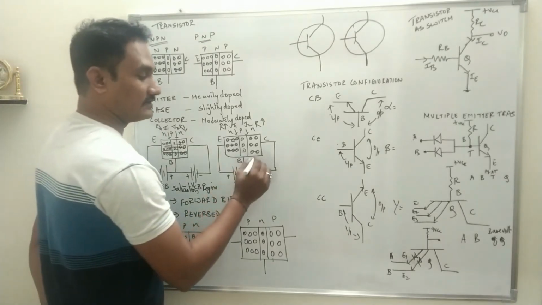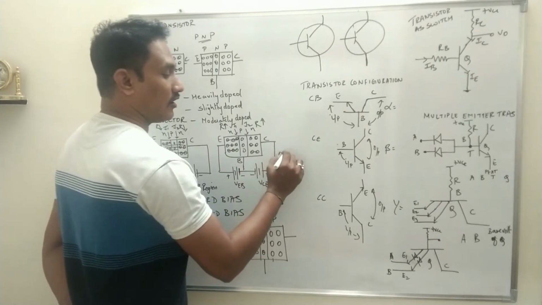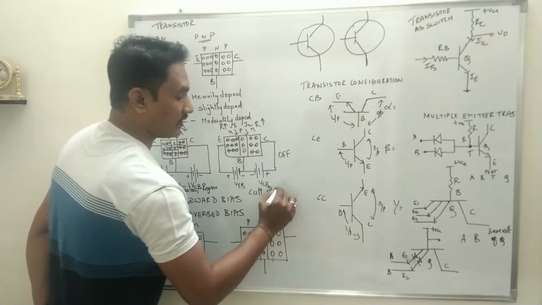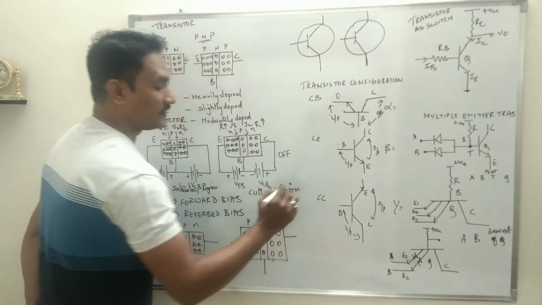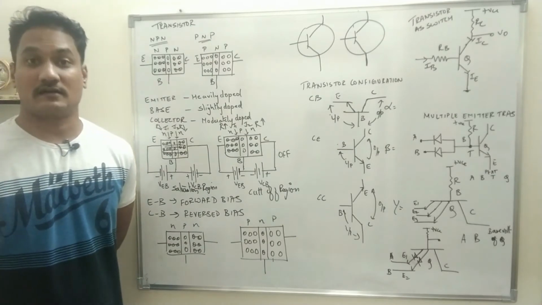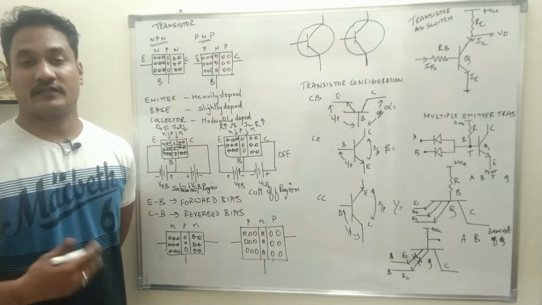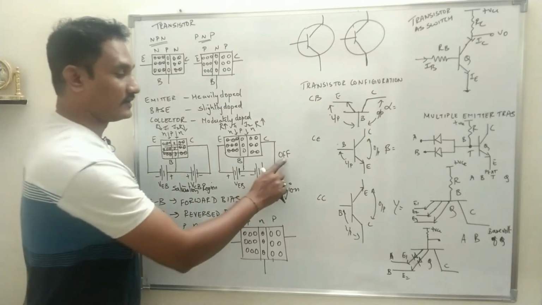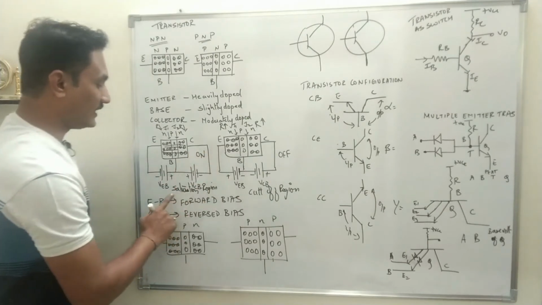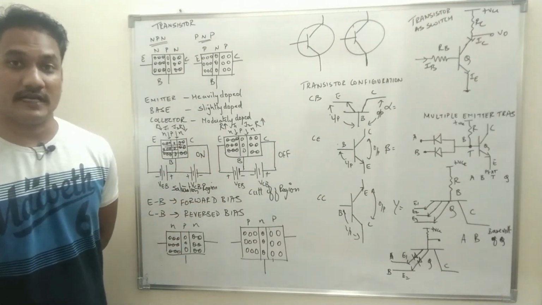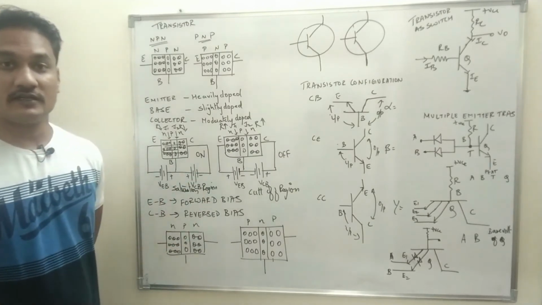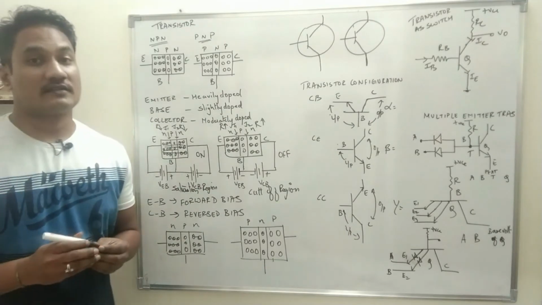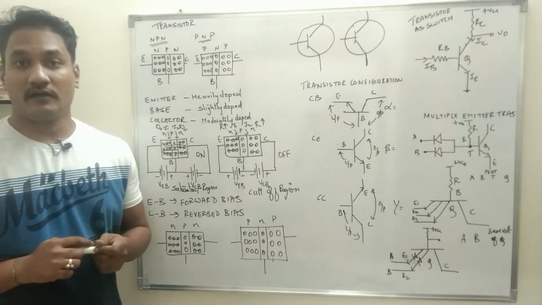That means the transistor will work as an off switch, and the region in which the transistor works is called the cutoff region. So hereafter, whenever I say the transistor is working in cutoff region, that means no current is flowing through the transistor and the transistor is working in off state. And if I say the transistor is in saturation region, that means current is flowing through the transistor and it is in on state. So now what you can see is, to use the transistor as a switch, I have to make it either on or off.